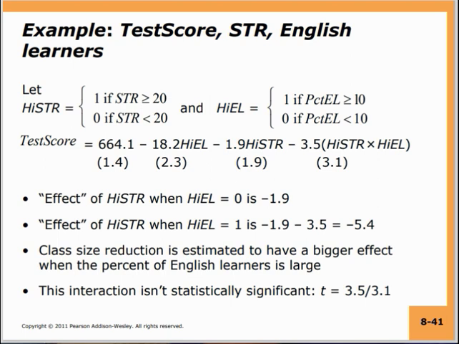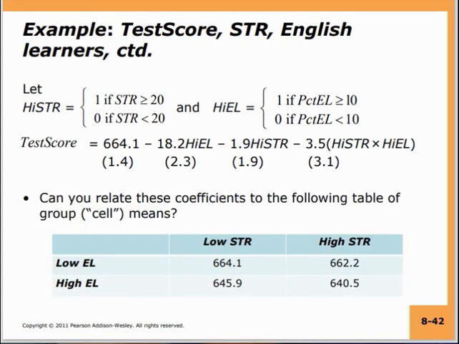However, if you look at this beta coefficient and the associated errors, then you will see that if you actually test the t statistic that this is equal to 0, you cannot reject it because 3.5 by 3.1 is less than 1.96. So it is not statistically significant. Okay, this does not seem to be statistically significant by itself. So, for instance, if high STR is 1, you get this particular regression equation.